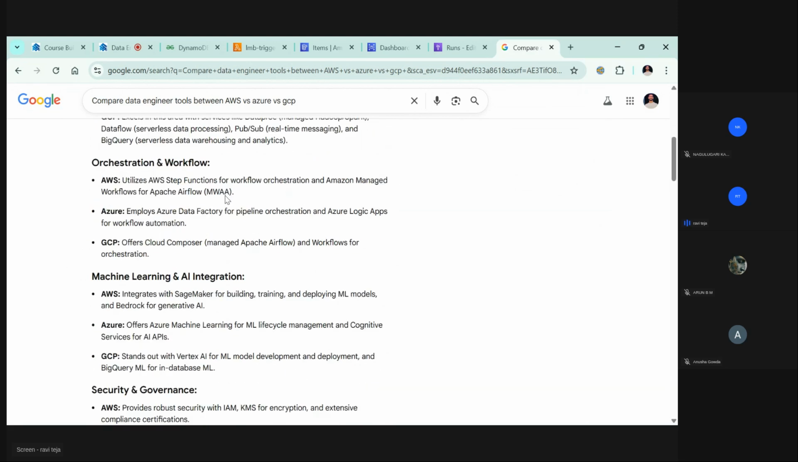Okay, so here you have Apache Airflow. Here you have some Azure Logic Apps for workflow automation. Same service, you have it everywhere. Only the name is different. That's it. So what I suggest is, instead of learning three different services and learning everything much deeper,